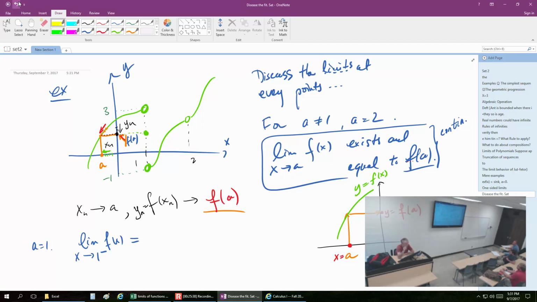If we are only looking at this branch separately, the answer is 3. Why? Because this is where things are happening. Neither the point in the middle nor the branch to the right contributes anything to the behavior of the function that we're concerned with. So that's why the answer is 3. In the meantime, if we look at it from the right, x approaching 1 with plus, f of x, we are now looking at the behavior of this part of the graph, the only part of the graph that matters. So then the answer is